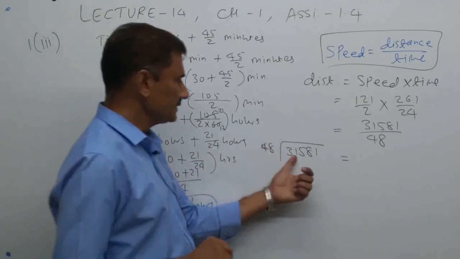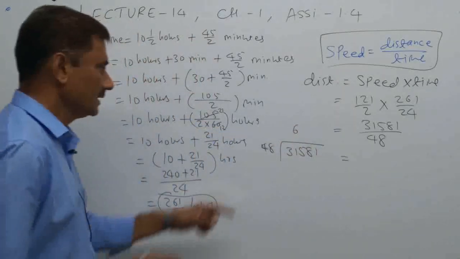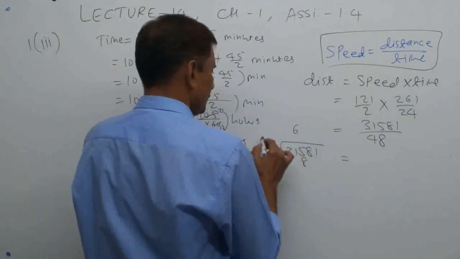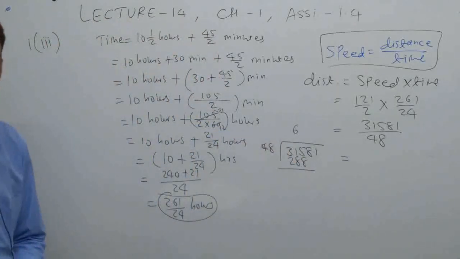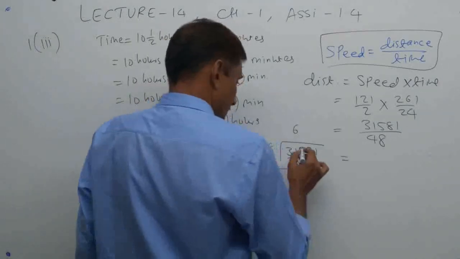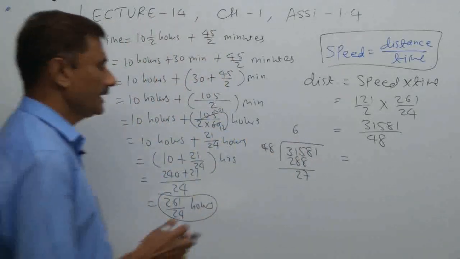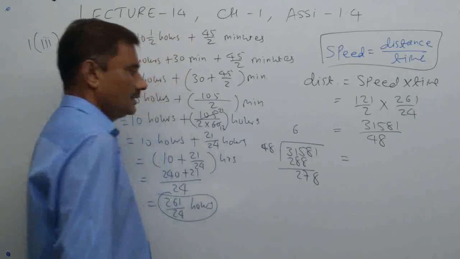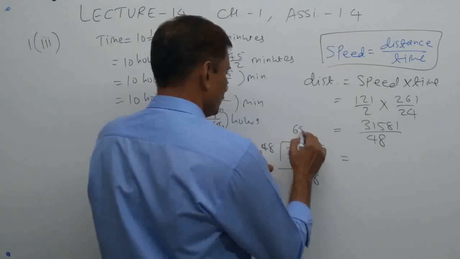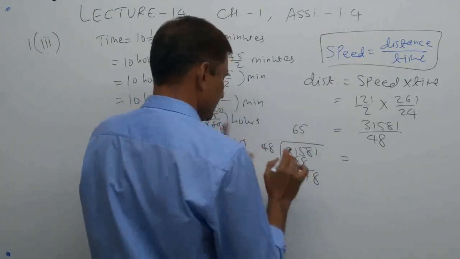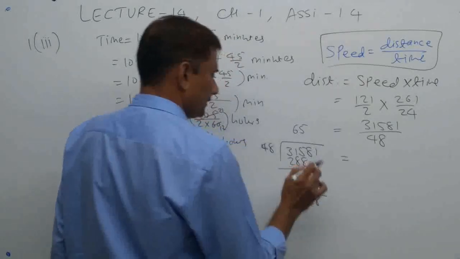Okay, so actually 5 6s are 30, meaning 5 6s are 300. So I directly go to 6. So 8 6s are 48, 4 6s are 24 plus 4, 28. Okay, now 15 minus 8, 7, 10 minus 8, 2, 27 left. 8 came here. Okay, now 5 5s are 25, so by 5 only I have to multiply here. So 48 5s are 240. So 8 left, 3 left.